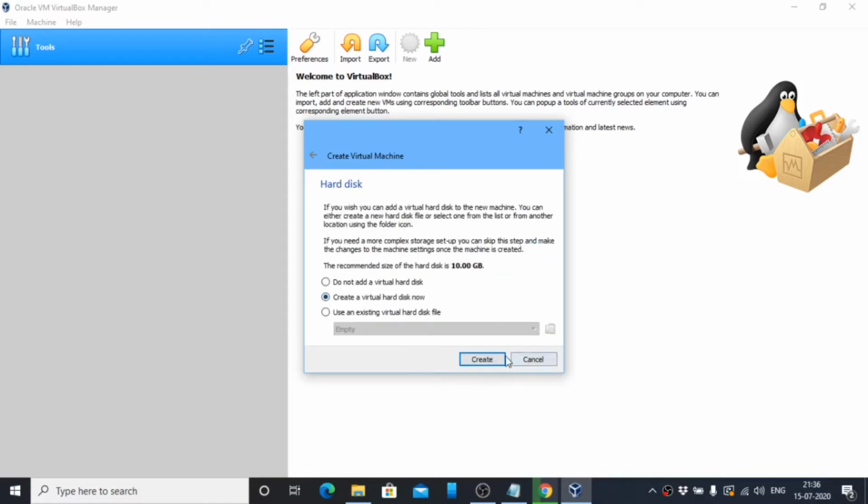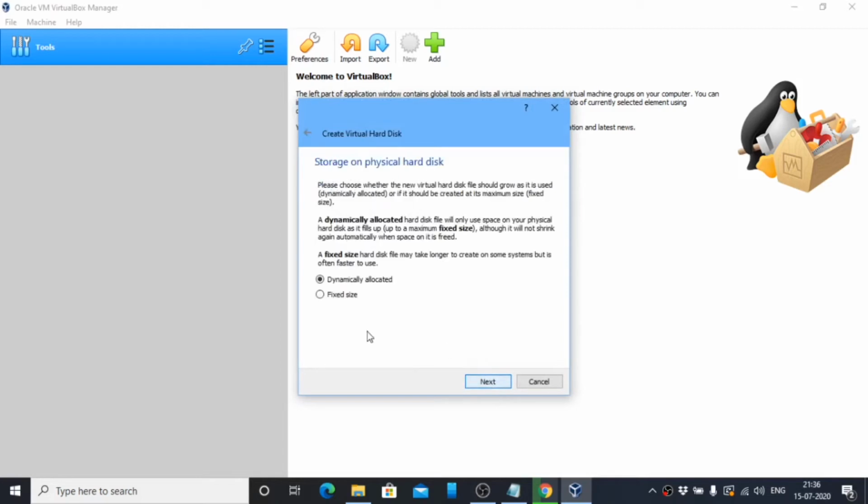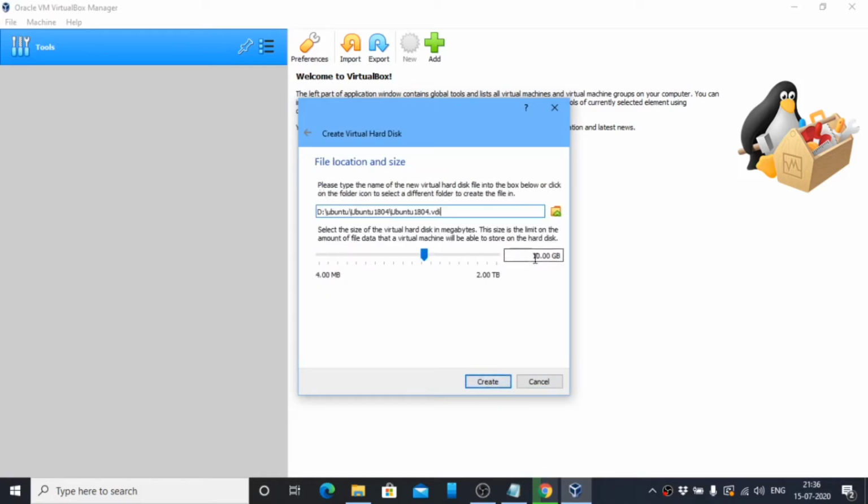Then next, then create a virtual hard disk. I want to create a hard disk for my Linux OS. How much space can I give? Click next and choose dynamically allocated. Dynamically, you can increase the size as and when you consume the space. By default it's giving 10 GB. If you feel 10 GB is fine, you can give that. If you have more space available, maybe you can give 50 GB also. I'll give 10 GB. It's fine for me now.